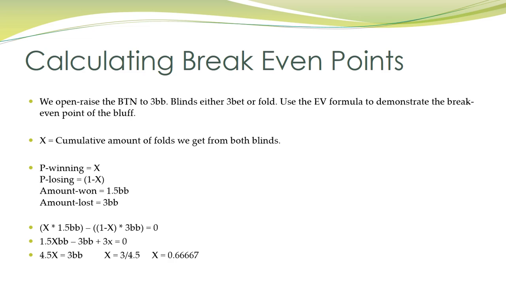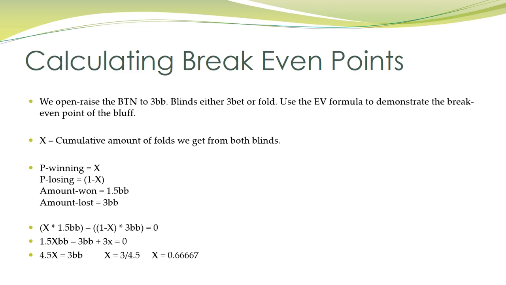Well, great, that's something we can solve. In fact, that 3 divided by 4.5 is the same calculation we ran in the previous slide, because we're risking 3 big blinds into a total pot of 4.5 big blinds. So what do we get when we divide 3 by 4.5? We get 0.66667. That's the decimal representation of how often we need our bluff to succeed in order to break even. We knew it was going to be that. The fact that we've come out with this answer,